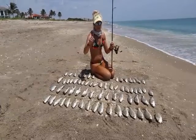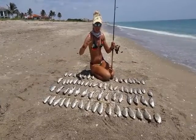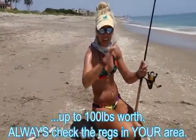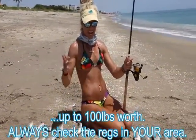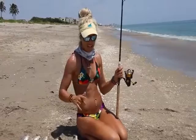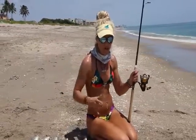Just so you know, there are no regulations on these two fish, so you're allowed to keep as many as you want. We caught a total of 68, which we killed it today, and that's a pretty good day to me. So we got a ton of fish to go back home with and clean up, and I am so excited. But first, we got to clean them up, put them in the cooler, and then I got to give